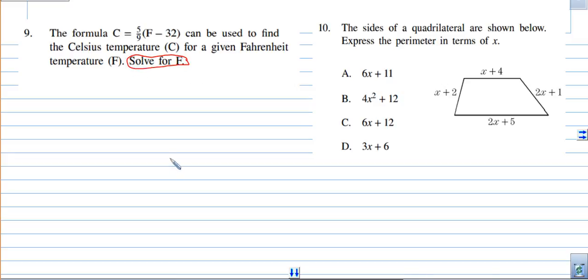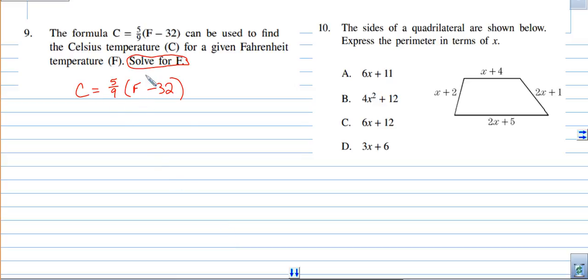Okay, it doesn't want us to figure out what the actual answer is because we have two variables and only one equation. You have to have two equations to solve for two variables. Okay, so you're going to want to rearrange this. So I'm going to write it down here. C equals 5 over 9 (F minus 32). Okay,